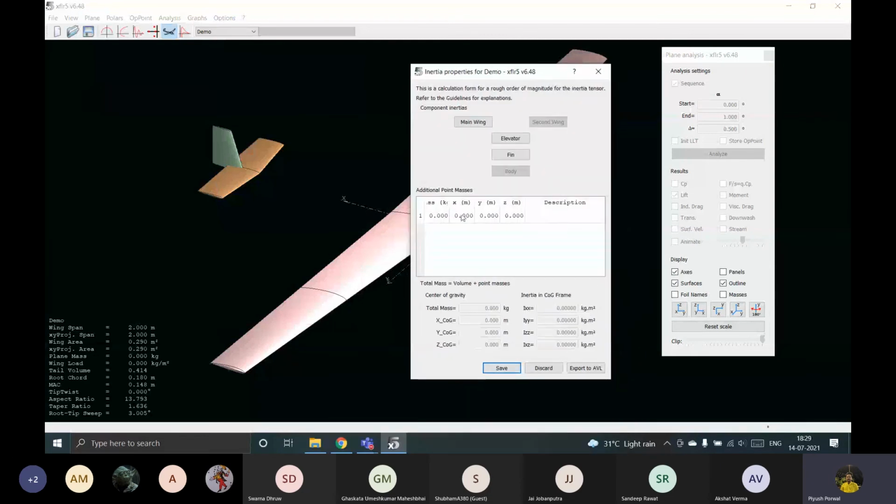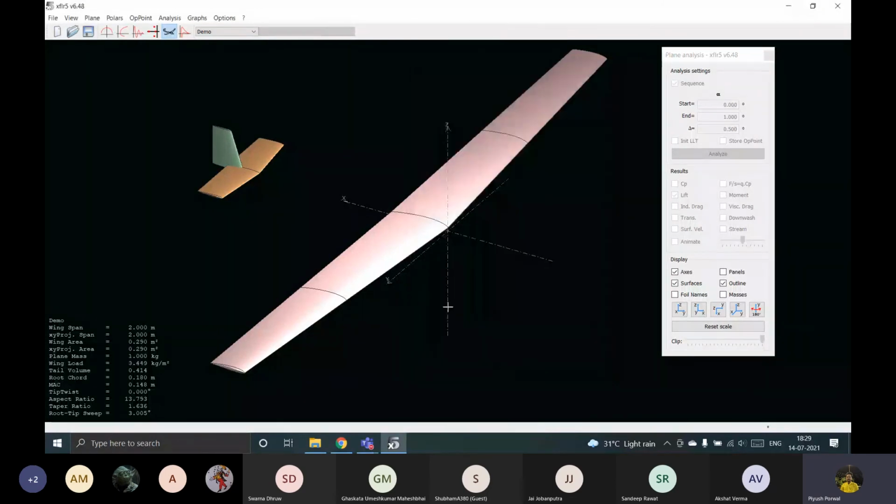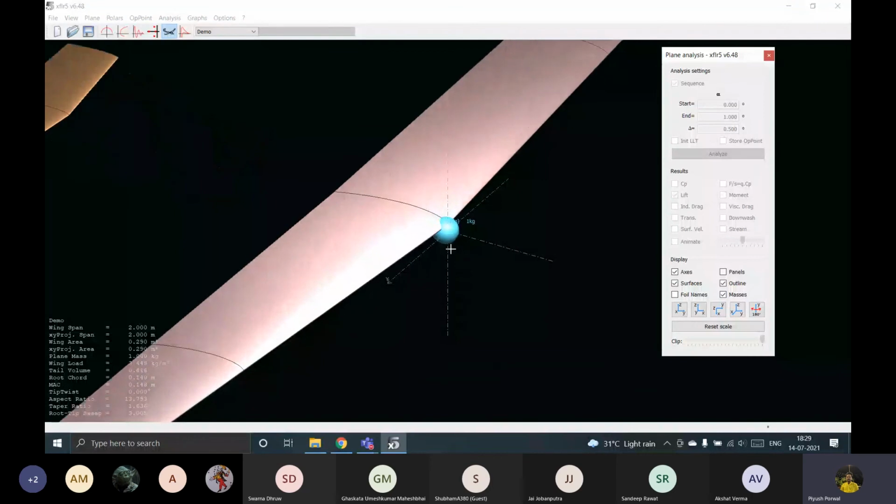So what we do is, by performing the stability analysis, we know that the CG lies at c/4 of the chord. So we add a point mass at c/4, like if your weight is 1 kg, then you add this. Your chord is around, I guess, 114 centimeter, so you can add a CG at 0.4. So this is how your CG looks like. You can see that the CG is here. You can shift the CG to whatever point you want.